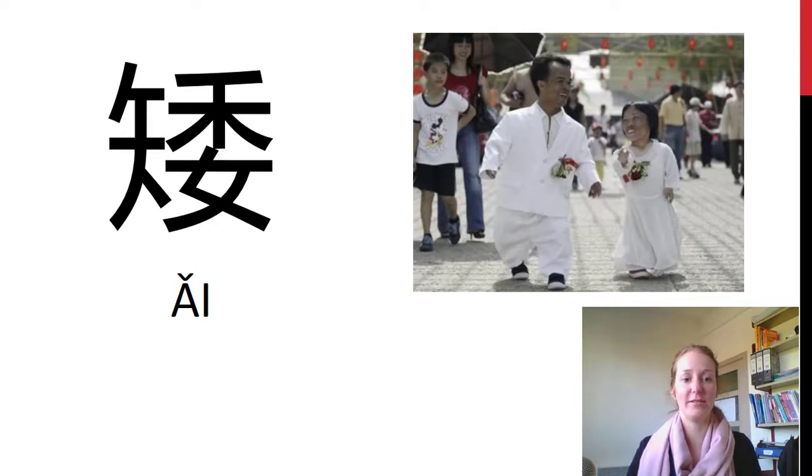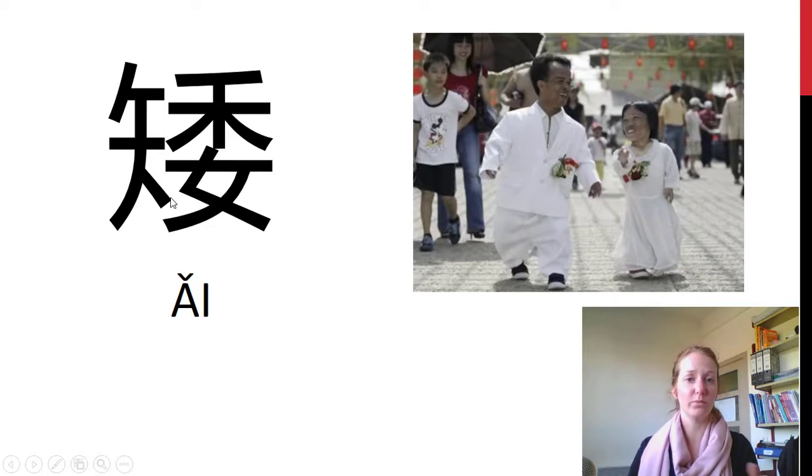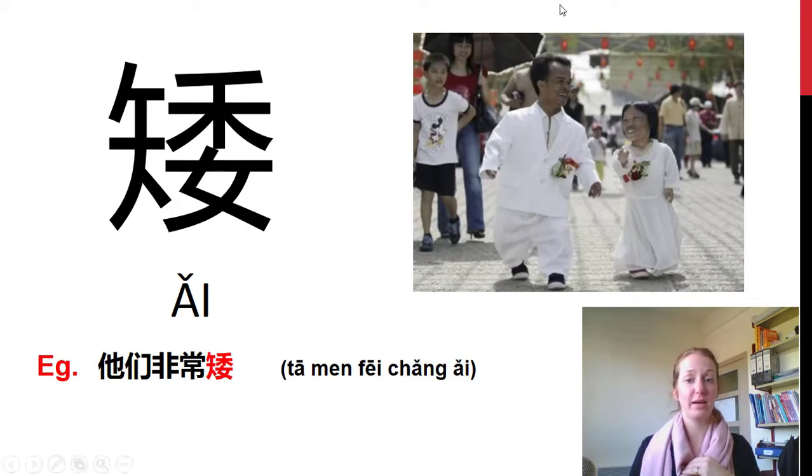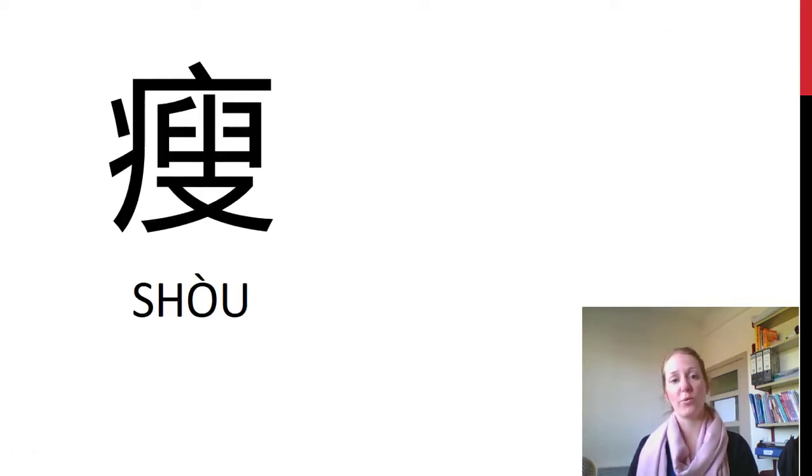下一个，矮. As you can see, there is a woman radical in here. So maybe you can remember this one as usually the women are a little bit shorter than men. 矮。他们非常矮。